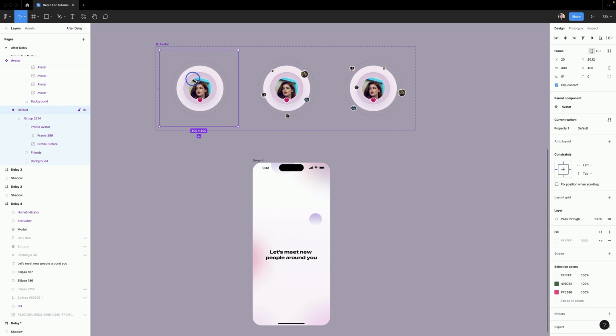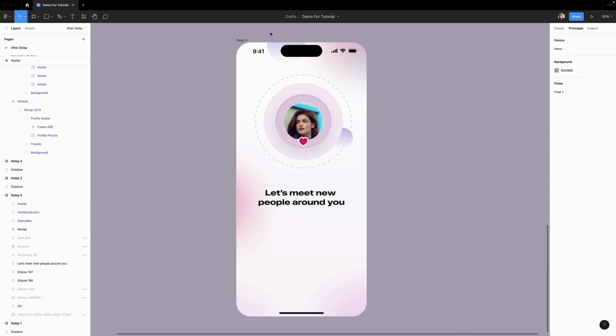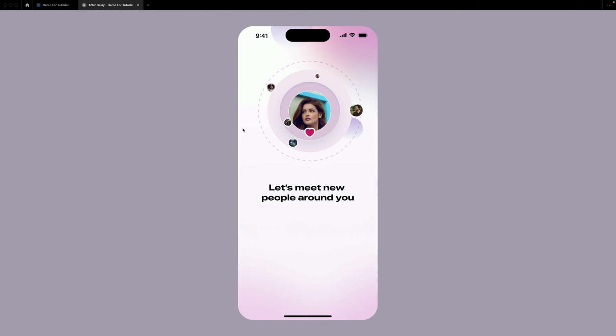Now, let's test it on the design. So drag Variant 1 into the frame. On your keyboard, press Option and drag. To play the animation, select the frame. Click on the plus icon next to Flow Starting Point because we want to start from this frame. Click on Play to preview it. We can see that the avatar's location is changing, so let's do the same thing with the background.